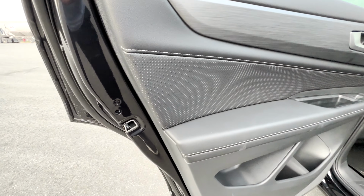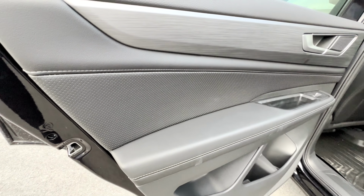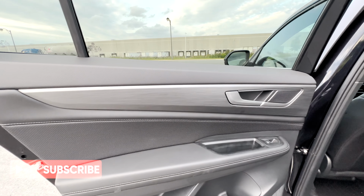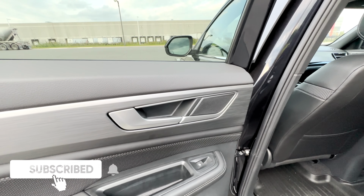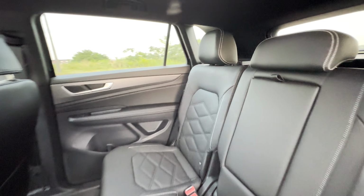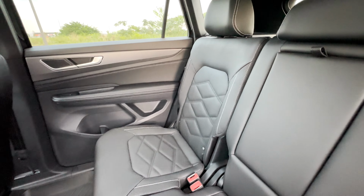And if you look above that in the middle area, you kind of have this perforated trim going on. And up top is this nice, smooth, almost wood-like trim. Then you've got another small speaker next to the door handle. As for the rear seats, these are covered in leatherette, and you see more of the perforated sections along with